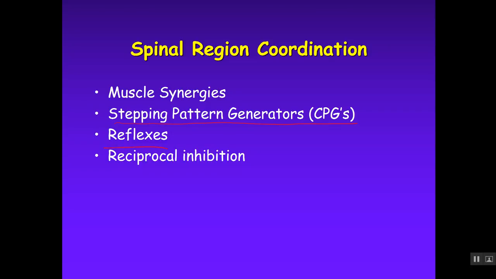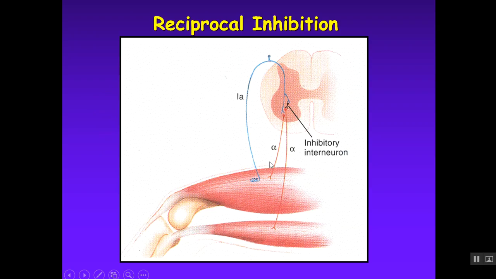Basic reflexes. We'll talk about monosynaptic reflexes, but there are also some more complex polysynaptic reflexes that go up and down a few spinal cord levels. And then also the concept of reciprocal inhibition happens at the spinal cord level. So starting with reciprocal inhibition, this is the concept that when you contract the agonist